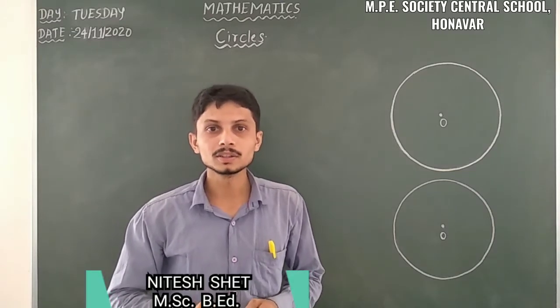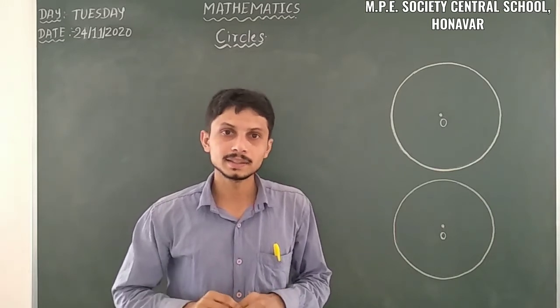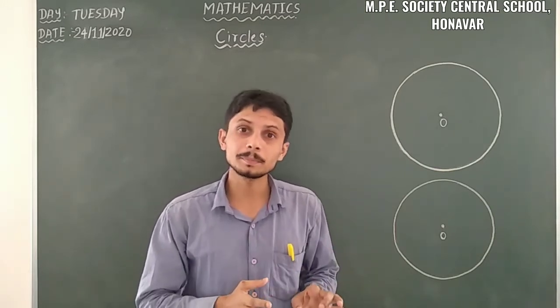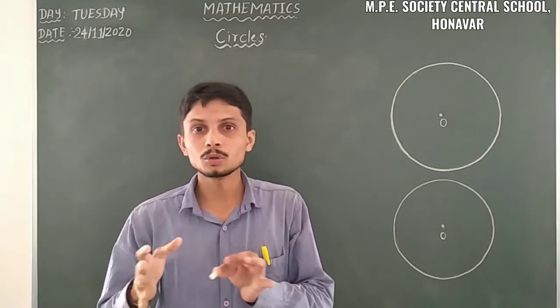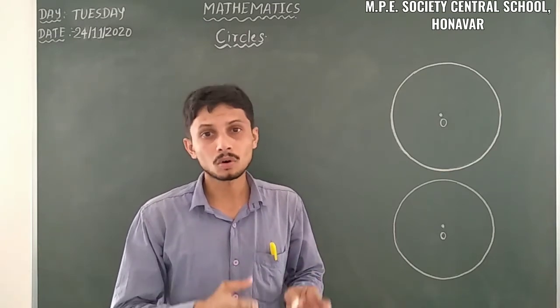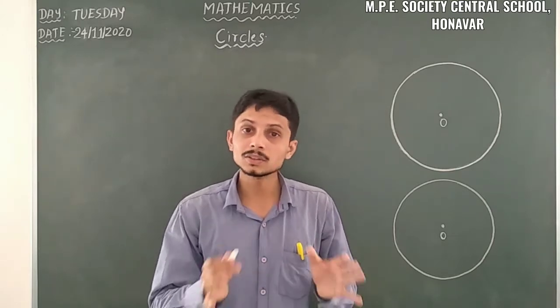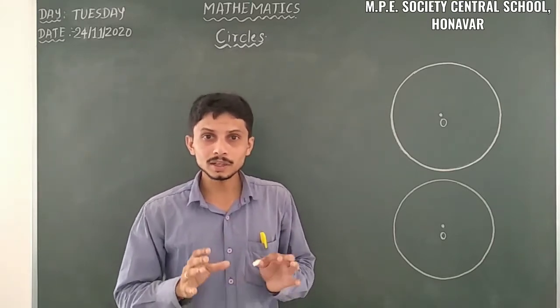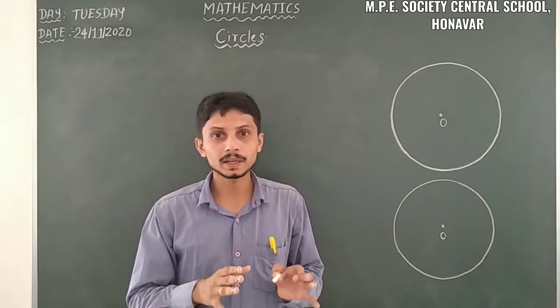I am from Manavara. Last class we discussed a topic from 9th standard, that is circles. In circles we already discussed what is meant by a circle and the terminologies we have to use in this chapter: chord, diameter, segment, arc, sector and circumference. Let us move on to the next part, that is angle subtended by a chord at a point.